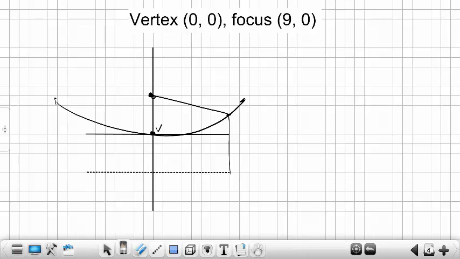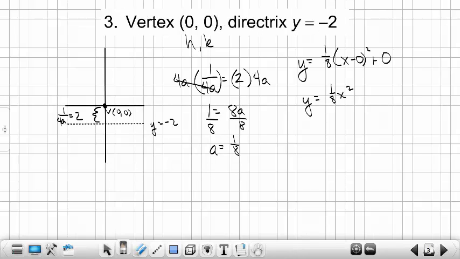So actually, let's tie this back to the last two problems. Right? So here, my distance is only 2, correct, and so I ended up with a distance of 2 between my vertex and my directrix, which gave me a vertical compression of 1/8. So what happened was my 1/8. So the parabola would have been kind of stretched out a little bit, 1/8,